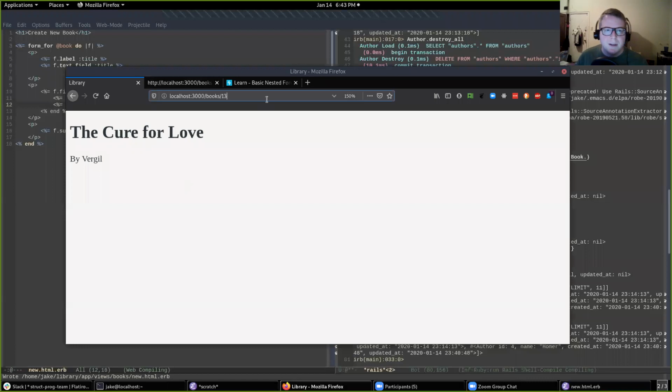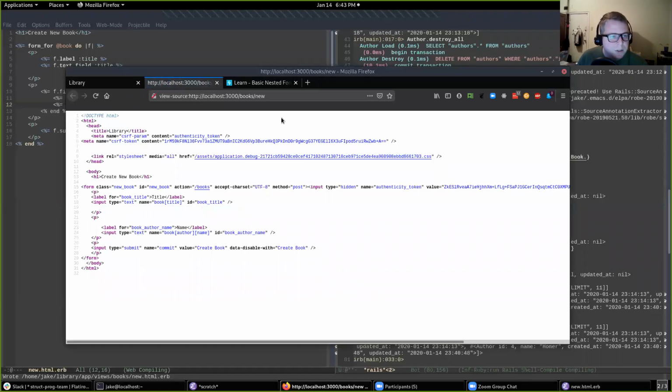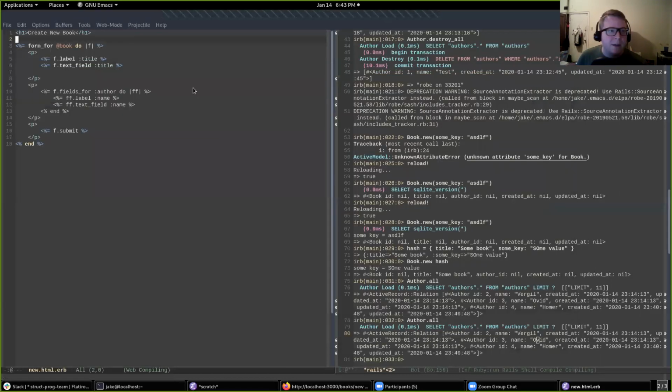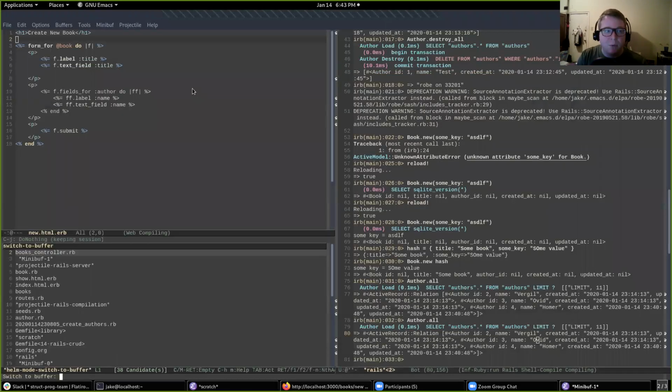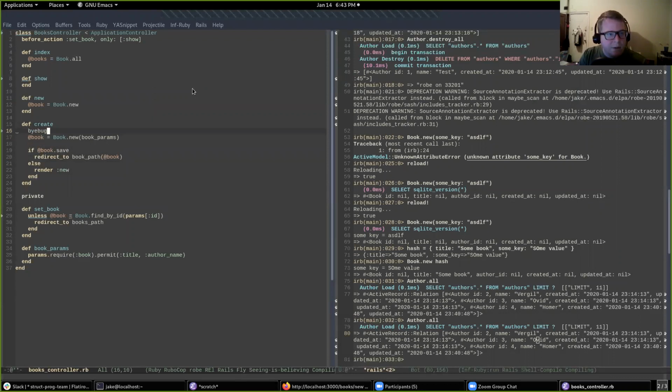But just to find out, let's go to new. We have this author name thing, and if we refresh, notice that it did not create a new form tag. That's the difference. But it automatically gave this kind of a name, right? This book author name thing. So let's go ahead and take a peek at how that looks in our params hash. So now if we go here and say byebug,